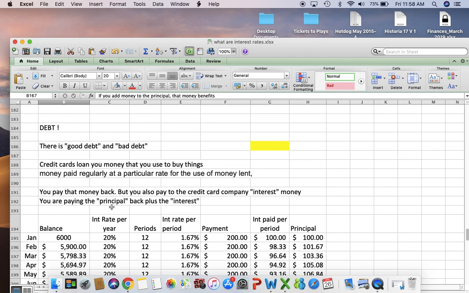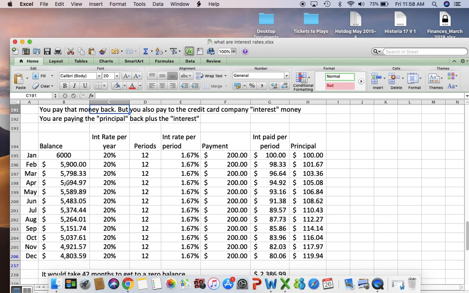Credit card debt is when you have to borrow money because you are living over your means. You need more money or you spend more money than you have. You have to pay back credit cards on a monthly basis for that money that is lent. You pay the money back, but you also have to pay interest, very similar to what we talked about on top. On top, you were the one loaning the money and the bank was paying you interest. This is the flip. The credit card company is loaning you the money and you have to pay them back with interest. Let's see how painful that can be.